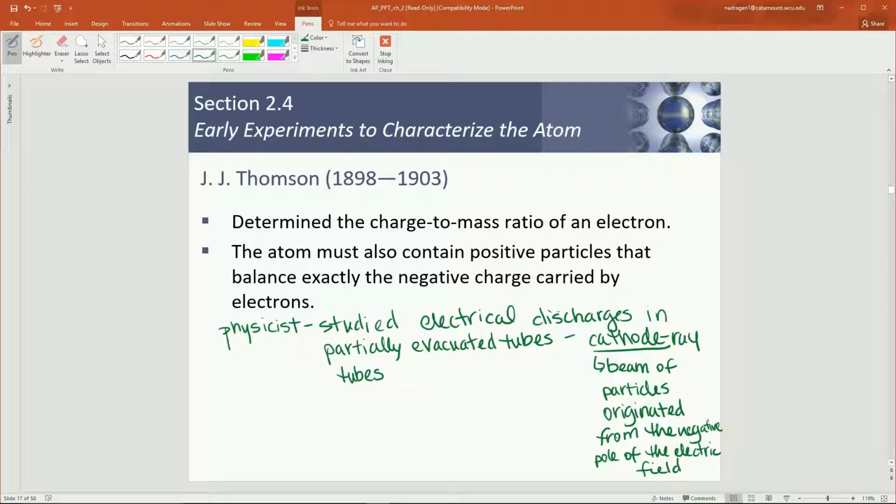So this created a beam of particles, and from this experiment, he hypothesized